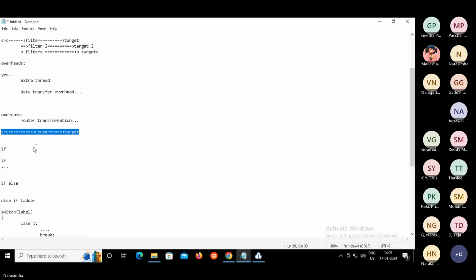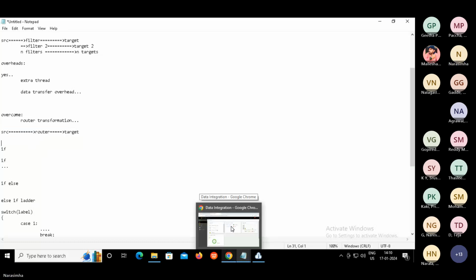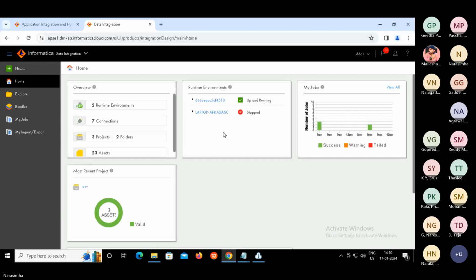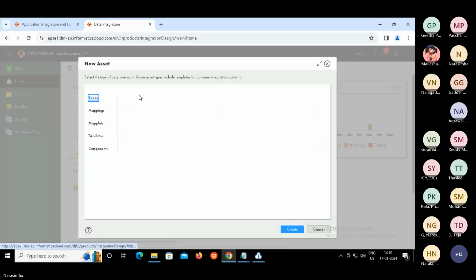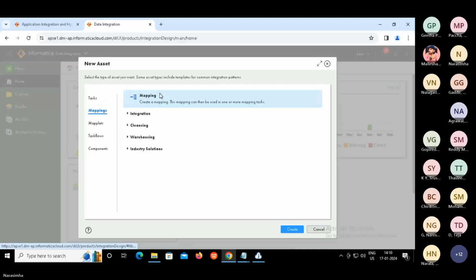Okay, now let us start getting into practical examples. Our agent is up and running, so let's go to a new mapping. I request everyone to start performing these steps, guys.